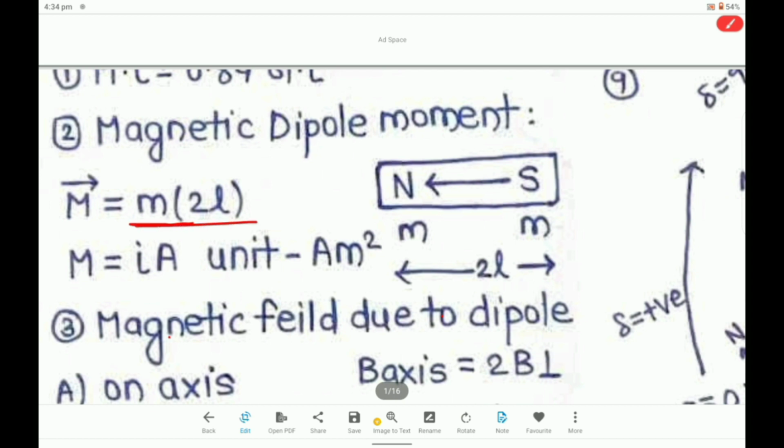Overall length of magnet is equal to L. Magnetic moment is also equal to current into area of a magnet. So the unit of magnetic moment can be written as ampere meter square. Remember, unit is very important. Next point,